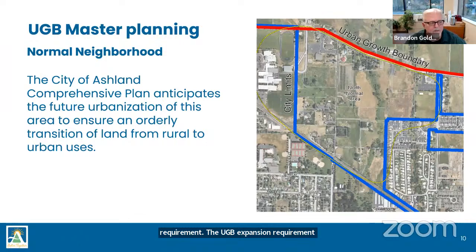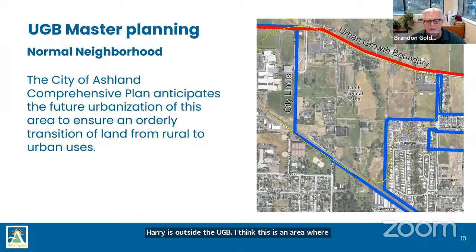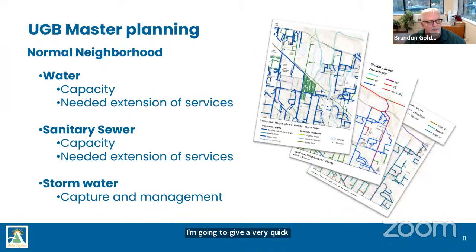So the other thing I wanted to note is that in terms of master planning areas outside the UGB, I think this is an area where cities can assist property owners if there is an interest, again, in expanding into a particular area. I'm going to give a very quick example of an area that was already within our urban growth boundary, but the city undertook a master planning effort, with assistance grants funding from DLCD to do a master